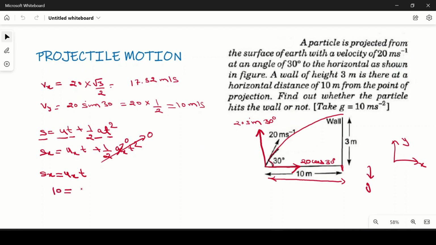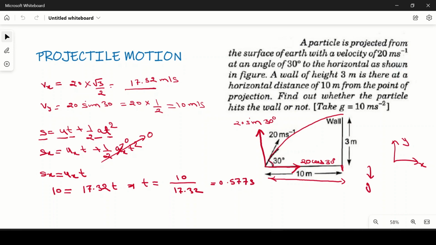So 10 is equal to 17.32 into t, which we calculated for ux. So time taken to reach the wall will be 10 by 17.32, which is 0.577